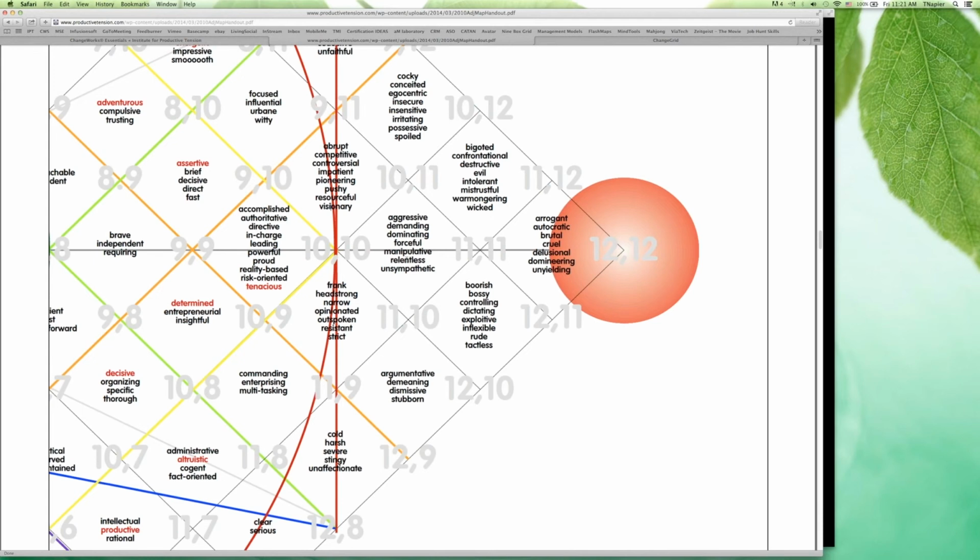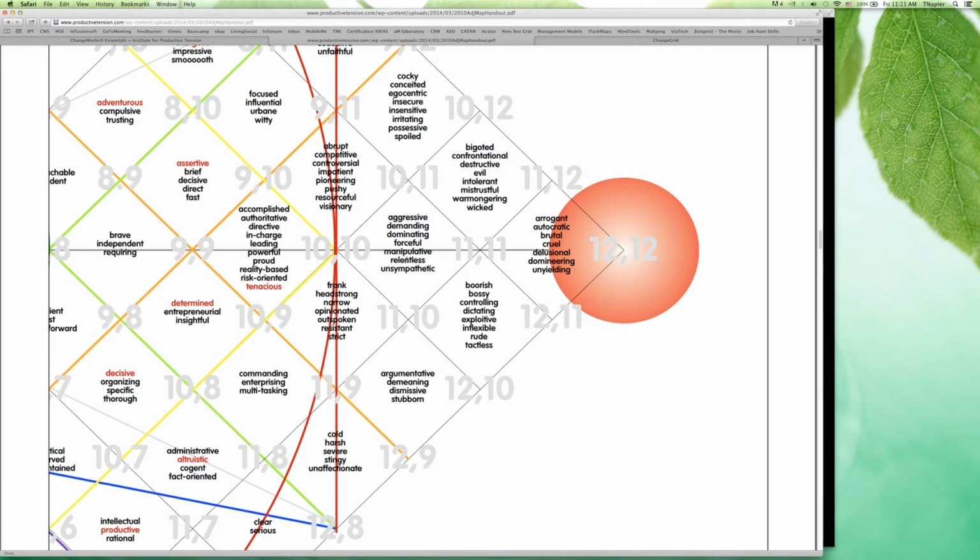So we want you to use your intuition and say, what is it that I'm feeling? As I'm resonating with my client, I'm picking up on things. What is it that I'm feeling? And as you do that, as you read these words, you kind of go like, yep, that one feels right. So as I'm using this with a client, I might just suggest certain of these adjectives to them and say, are you feeling right now a little more? And then give them a few and see where they go.